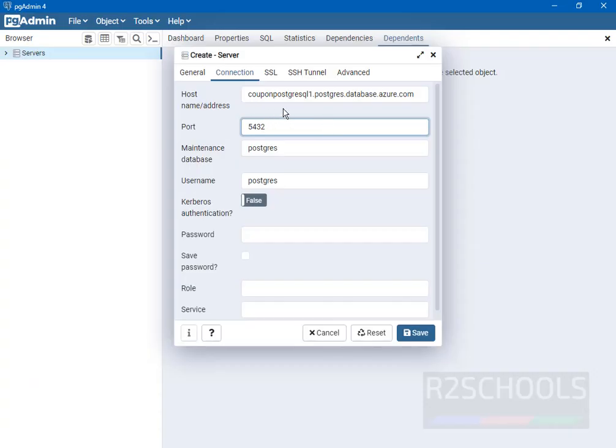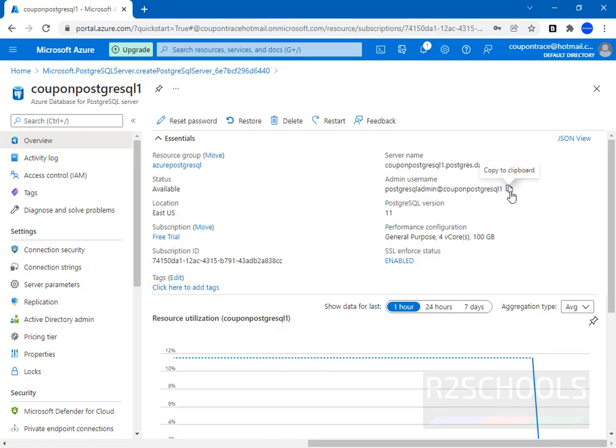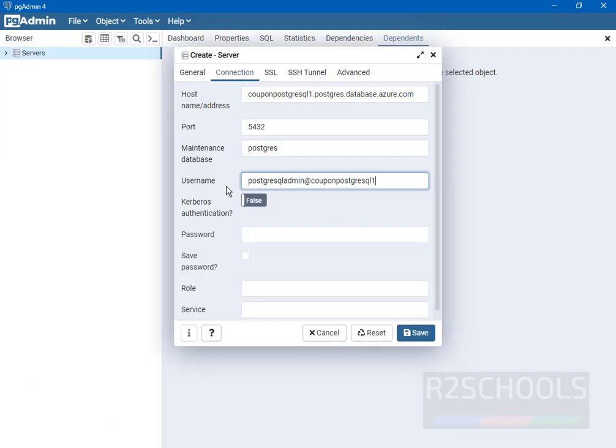Now the default port, that is 5432, and maintenance database postgres. Here the username. For the username, go to the portal and check it. See, this is the username. Just copy it and paste it here. This is the username, but we should give @ and the server name. This is the server name. Okay.